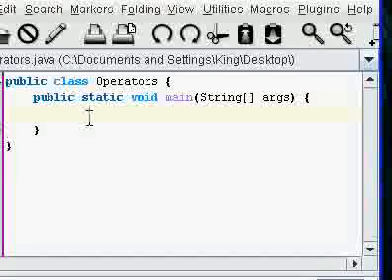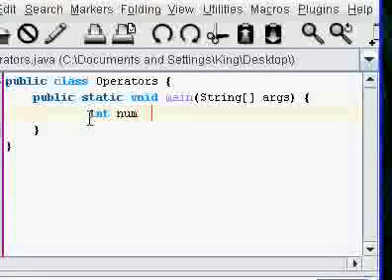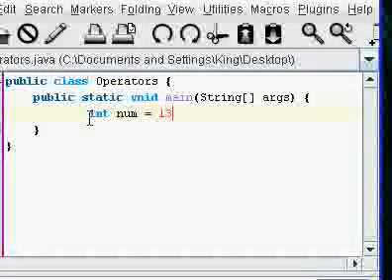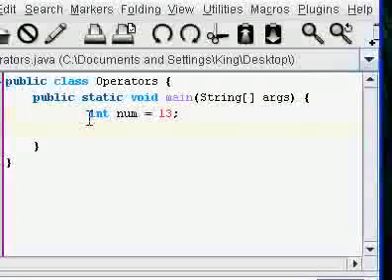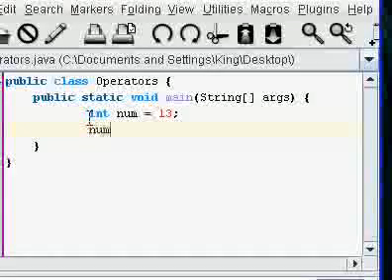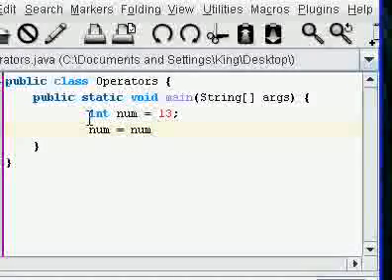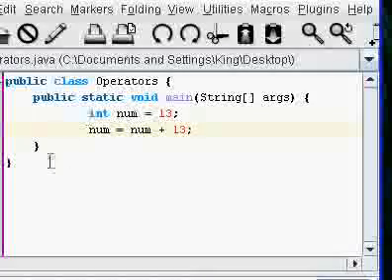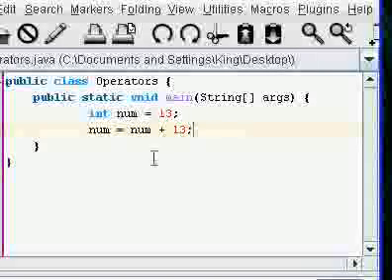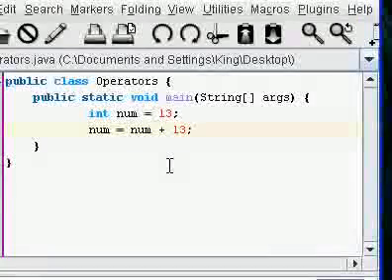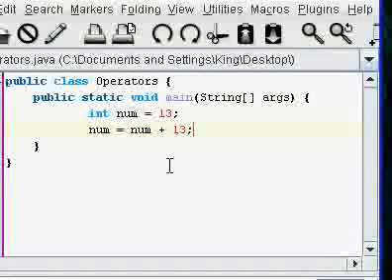So, start again. Same thing. Int num equals, let's do 13 again, because I'm feeling lucky. We've already seen this operator before, num plus 13, which will get what's currently in num and then add 13 to that, which will be 26. So we've seen that, which is cool. But what you haven't seen is